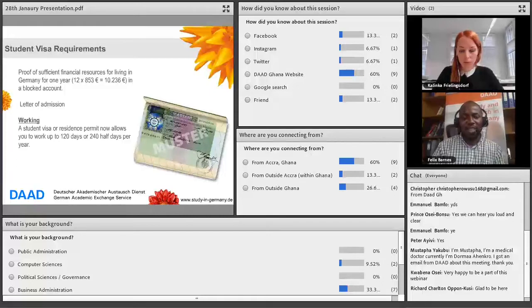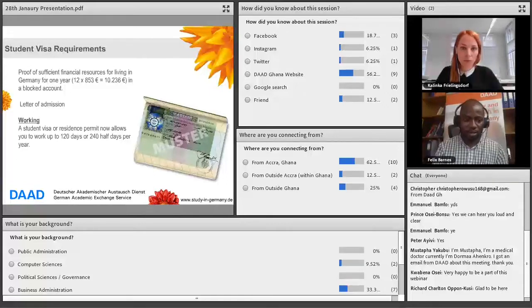The other most important thing is, supposing you finally get admission to study in Germany, perhaps with HTW Berlin, and you have to apply for a student visa. One requirement is the financial requirement. If you don't have a scholarship, you should show proof that you can take care of yourself. The figure now is 861 euros per month. Sorry for the mistake on the slide. Times 12 will be 10,332 euros annually.